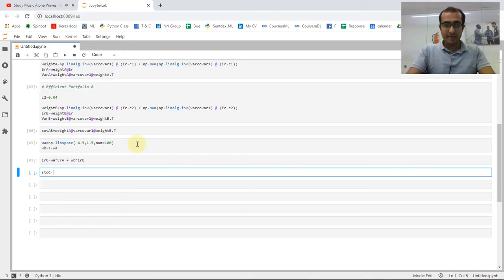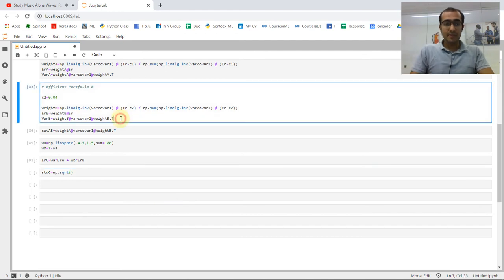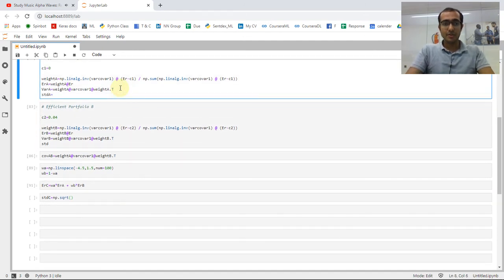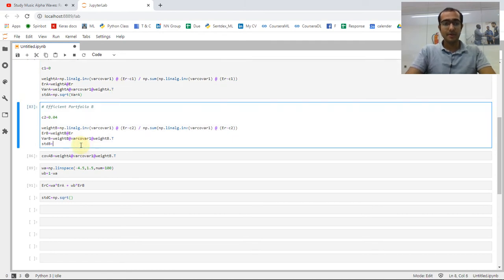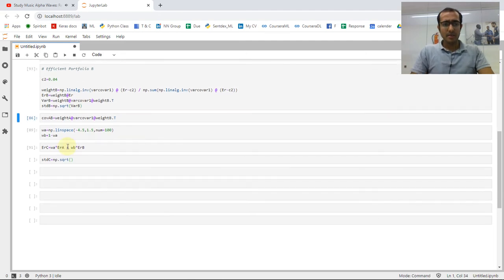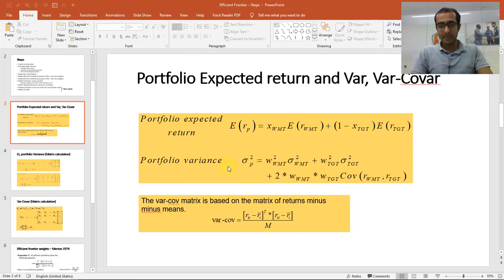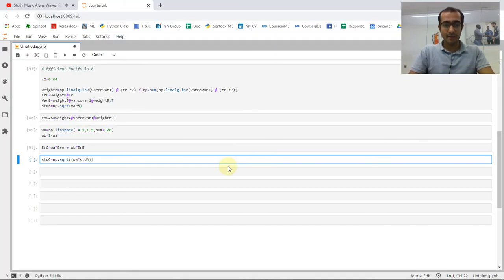The formula to calculate the standard deviation is this one, basic formula, which is np dot square root, because it's a standard deviation, I'm doing square root of variance, and we can actually calculate standard deviation of these two as well, which is np dot sqrt of var A, and similarly standard deviation of B is np dot sqrt var B. Standard deviation of portfolio C is basically WA multiplied by standard deviation of A